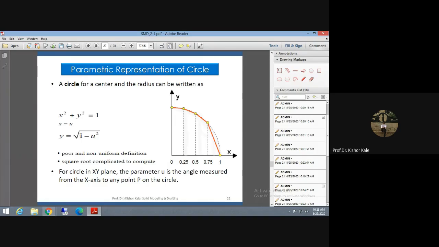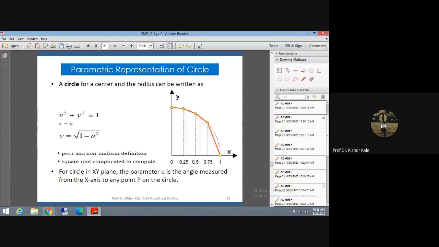If x is 0, what will the value of y be? If x is 0, what is the value of y? 1. If you can see here, when x is 0, the value of y is 1. Can you see this? Here, put x as 0, meaning u as 0. This would be the square root of 1, which is 1. So when x is 0, on this horizontal side, y is 1 on this vertical axis.